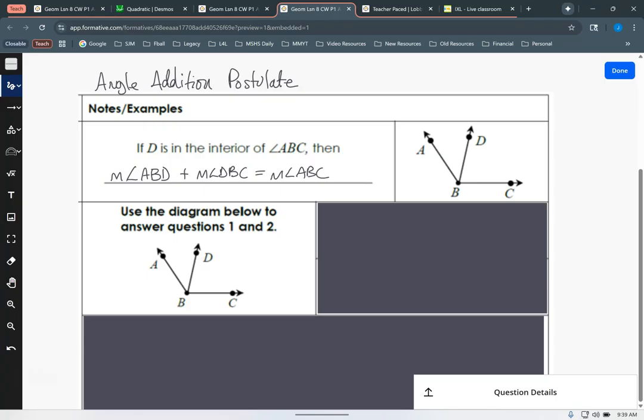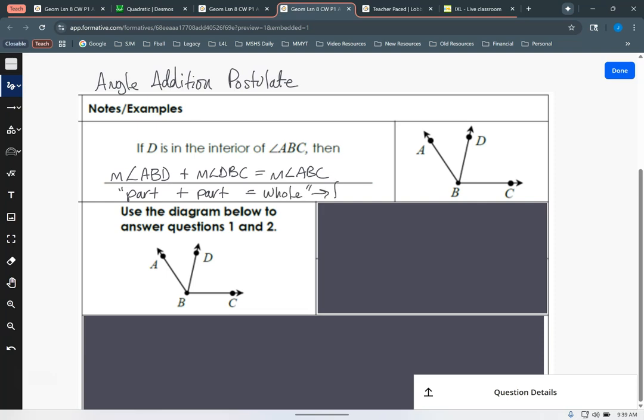I'm going to take part of the angle and add it to part of the angle, and I'm going to get the measure of the whole angle. That should sound familiar to you, right? In fact, that's exactly what this is. Let's rewrite that here. This is part plus part equals whole